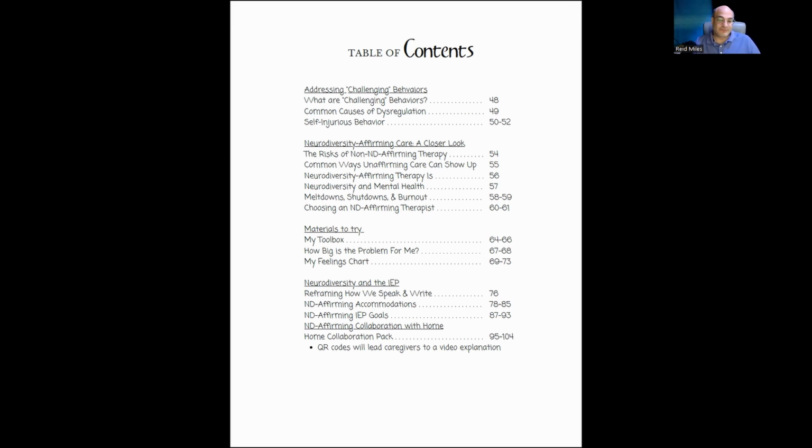And they go over it with reframing how we speak and write, ND affirming accommodations, ND affirming IEP goals, and ND affirming collaboration with home. And then they talk about home collaboration pack,